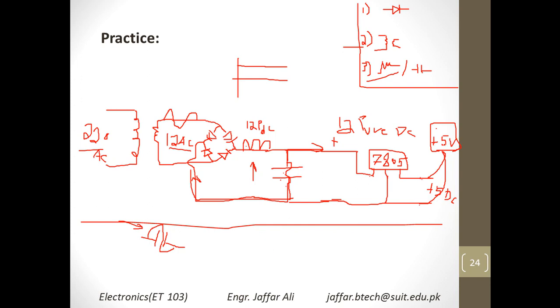If you want to charge any other device that operates at 9 volt, there are other voltage regulators available in the market. 7809, let's say: if your device is operating at 9 volt, you can easily put a 7809 voltage regulator over here. And if you want to charge your laptop or any other device that operates at 20 volt, you need a transformer from 220 to basically 20 or 30 volts, and from that you can easily get your desired output value. So this is basically the practical example of the whole lecture.